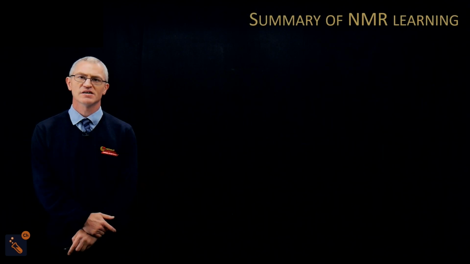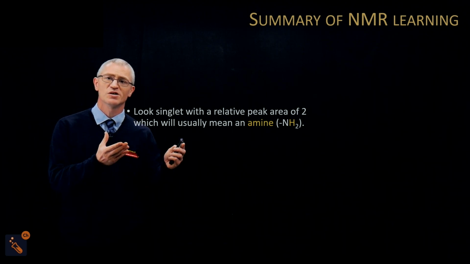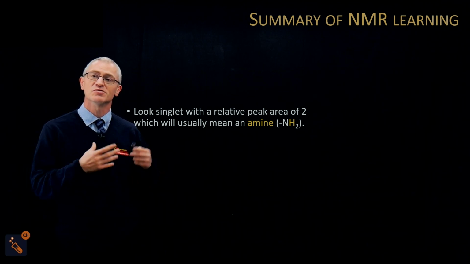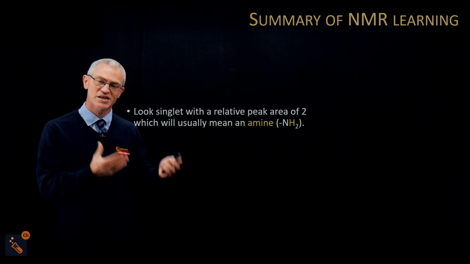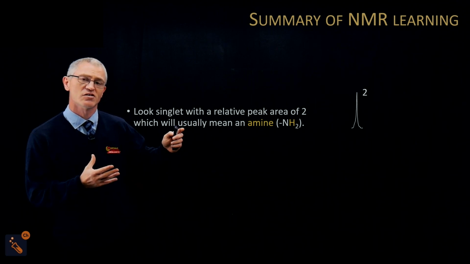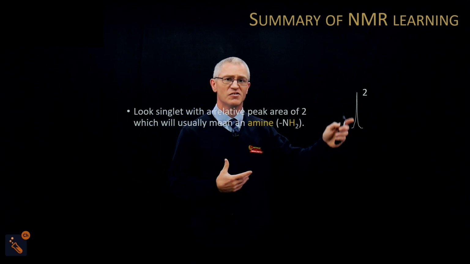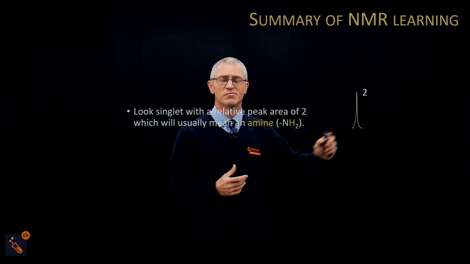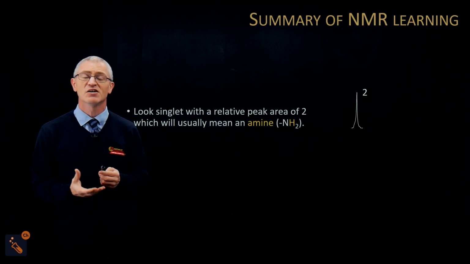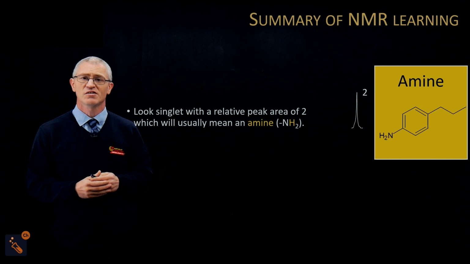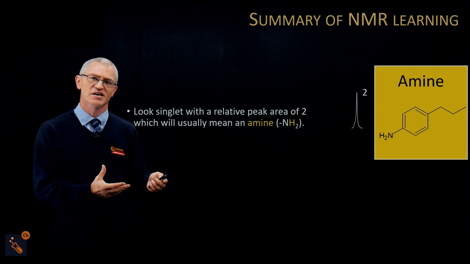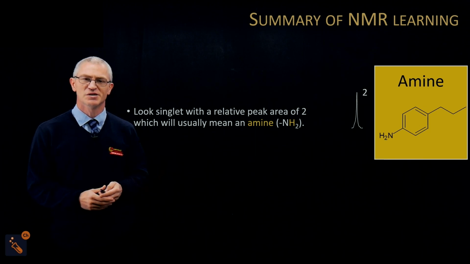In this NMR, we have looked for a singlet with a relative peak area of 2, which will usually mean an amine if in the molecular formula you see a nitrogen. So the molecular formula will give you a big hint about that. Okay, and you'll see this normal peak here that's slightly small and has a wider bottom with a 2 relative peak area on it. Okay, and in our one today, you saw that with this. And you also saw a di-substituted benzene, okay, with only 4 as the relative peak area, which gives that weight,